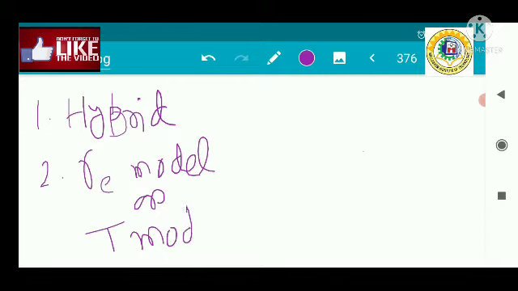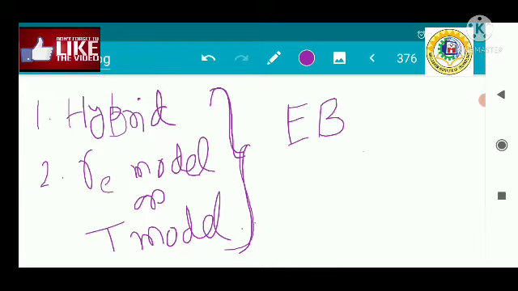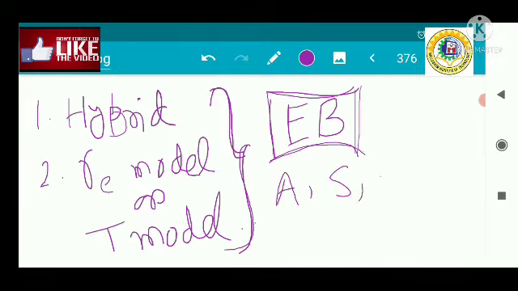These two models replace the transistor with linear circuit elements, so that our analysis becomes easier. Before that we also discussed another model, the Ebers-Moll model. The Ebers-Moll model is a very powerful model for the analysis of the transistor in all three regions, namely the active region, saturation region and cut-off region.